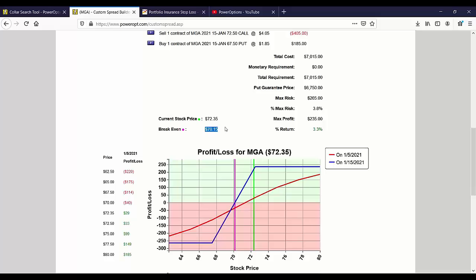Close to 1-to-1 risk-reward ratio, 50-50 probability of making the max return for the standard collar, still controlling the risk for 23 days to only about 4% on the trade, and less than 4%, excuse me. I think this is a good structure. Now, I'm not saying MGA is a good stock for neutral to bullish position over the next 23 days. Again, I do that further research and analysis on the position, but this is an alternative to trading covered calls